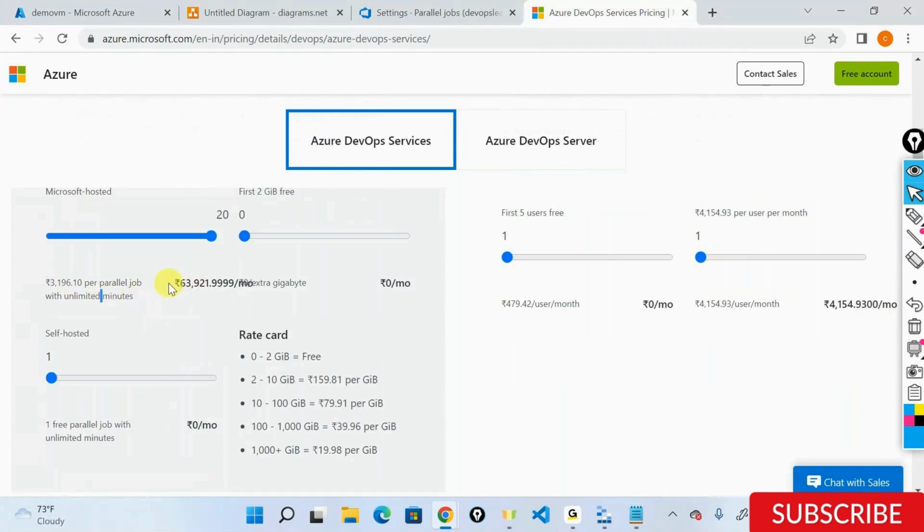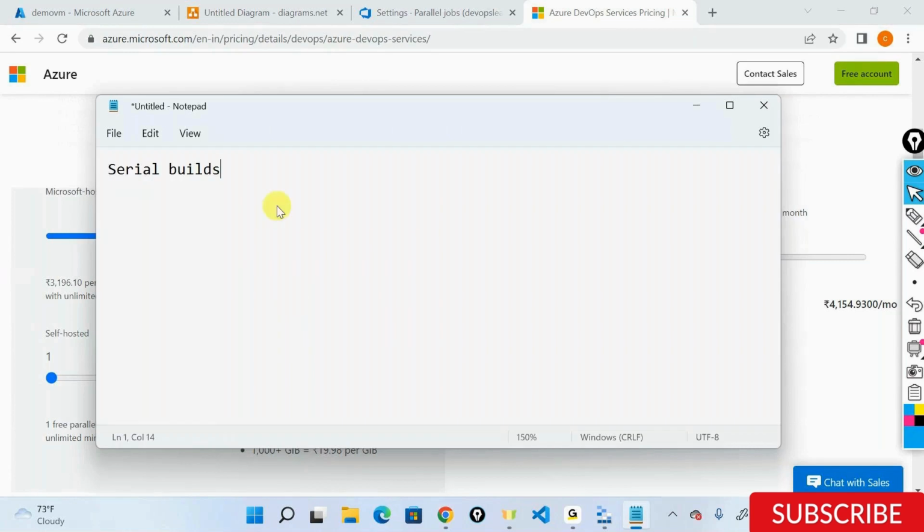This is around what? 62,921 rupees if I go for a hosted agent out here. Now, this is good. We can buy this. We can leave the responsibility on Microsoft, pay 63,000 rupees per month. Forget about it. Yes, it's a good option. But the issue with this is that you have no control on the machine that gets allocated, because this is a SaaS offering,